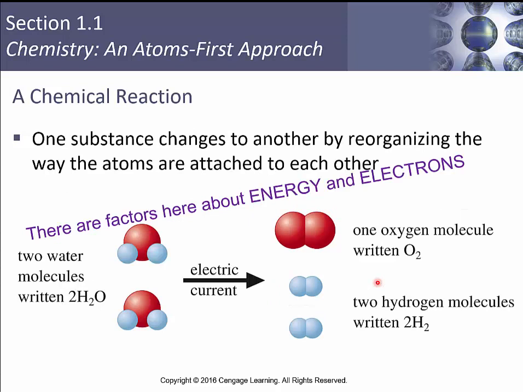A chemical reaction is when one substance changes into another by reorganizing the way the atoms are attached to each other. And there are factors in here about energy and about electrons. And so if we've got two water molecules, we apply an electric current, we can back form an oxygen molecule and two hydrogen molecules. And so we can interconvert between molecules chemically. That's the basis